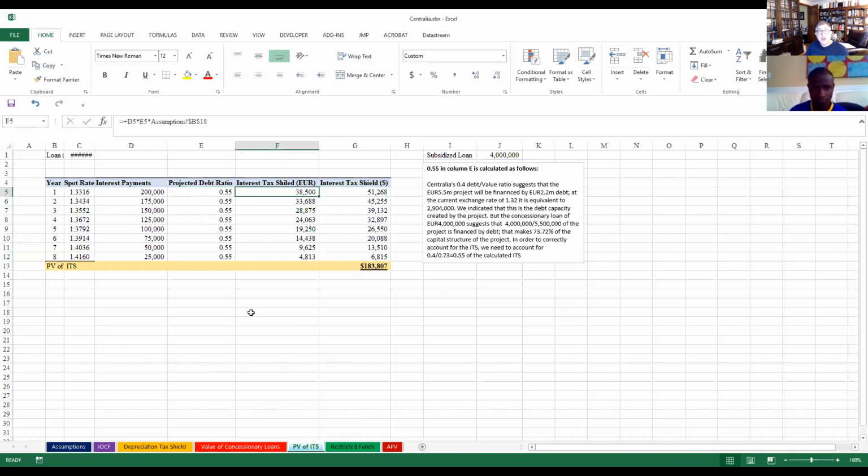So normally, the interest tax shield, for instance, for a $200,000 payment at the 35% tax, is $70,000, right? But when we make this adjustment, $70,000 times 0.55 is 38,500 euros. I'm sorry, these are in euros. So you see, I adjusted to 38,500 and then converted into dollars by using this projected rate. For the purpose of understanding, at least you can put a